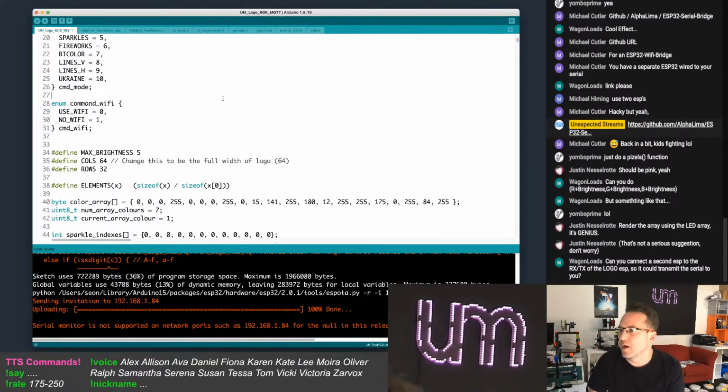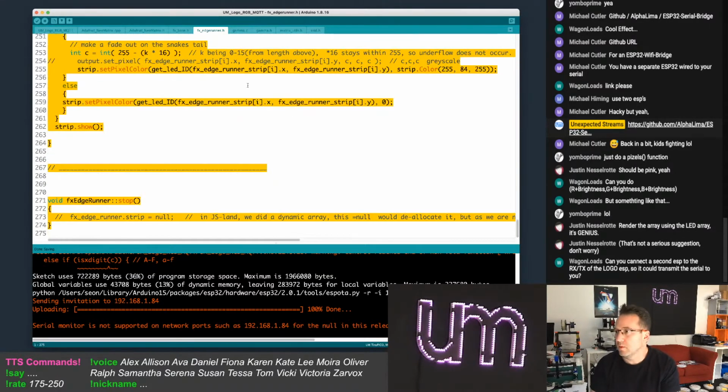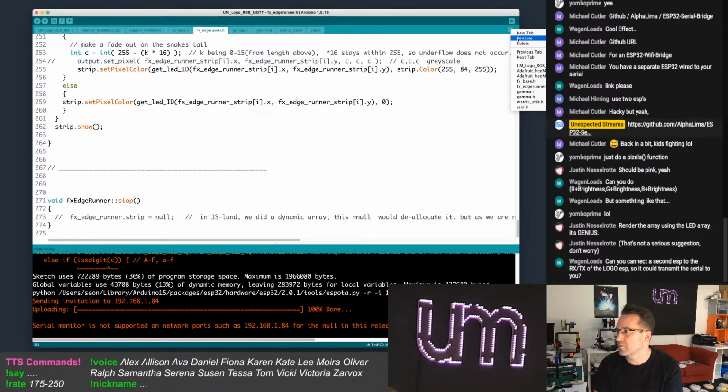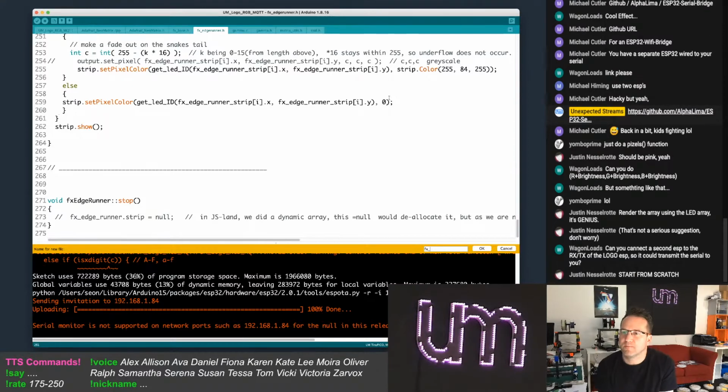So, I want to now make a new one. I'm going to copy this. I really shouldn't. I probably should start from scratch. I've got an idea for an effect I want to do, so new tab. But I didn't want to do the effect until I'd got this working. So, I could leverage it, right? Start from scratch. No! I don't want to start from scratch! What am I calling it? I think I called it slices. Let's call it slices.